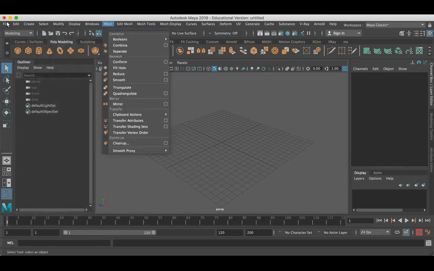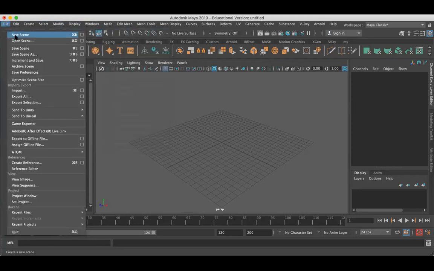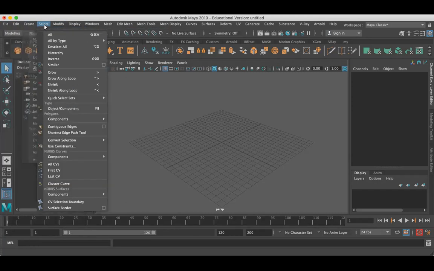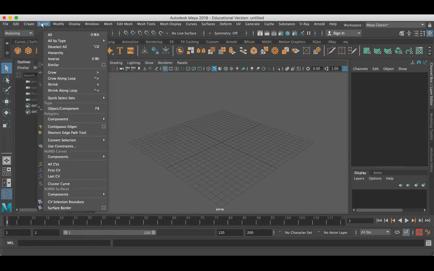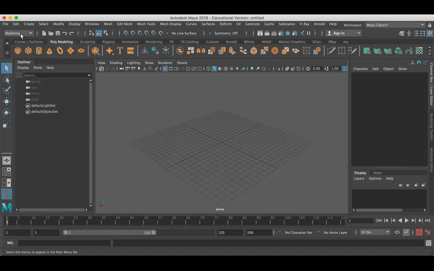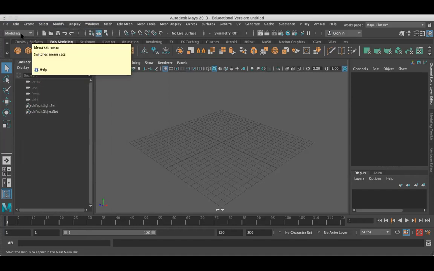This is a menu where you can find the most common actions for your file. Here you can create a new file, open scene, save scene, and so on. These are all the basic common menus which you find in the menu bar. And below the menu you can find menu sets.